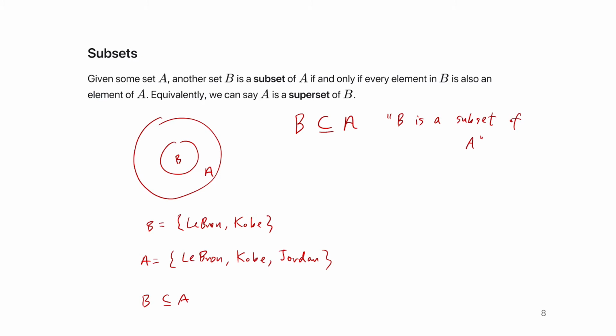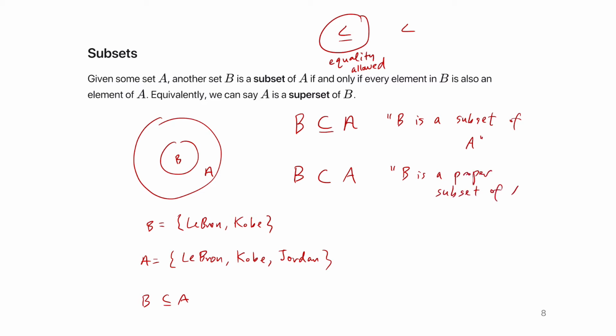So now there's another variant to this, right? Before, we had less than or equal to signs and less than signs. What was the difference? In this one, equality is allowed, right? So we also have a similar notion for sets and subsets. If I write this symbol without the bar underneath, we call this a proper subset. This is read, B is a proper subset of A. And what does that mean? B is a subset of A, and it's not the case that B and A are the same.